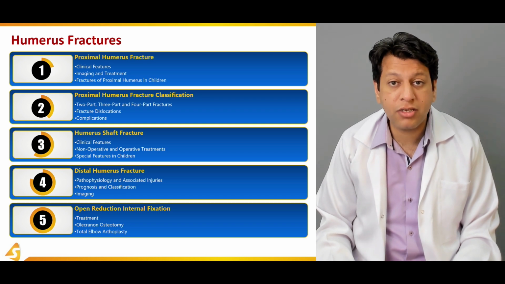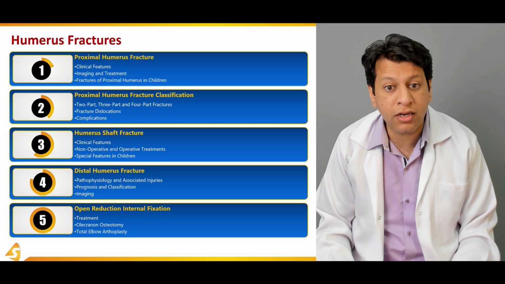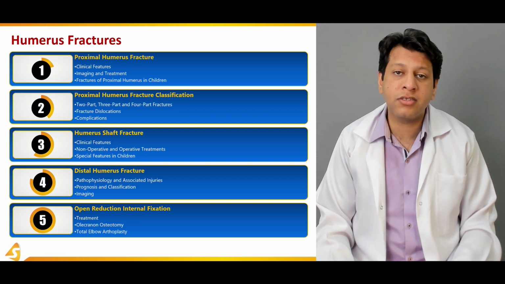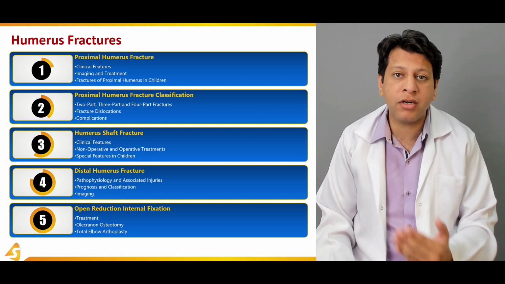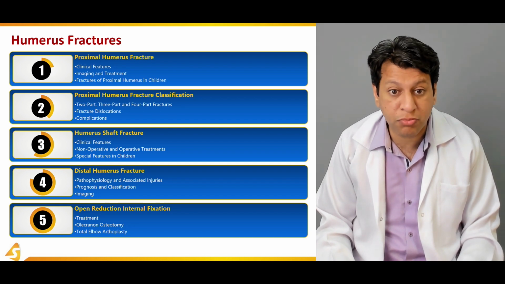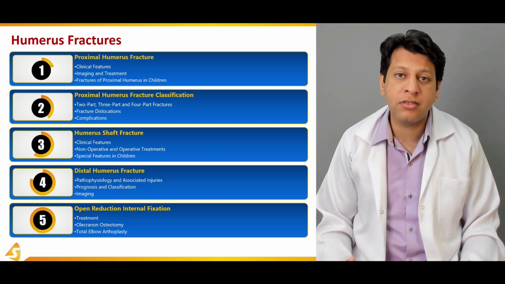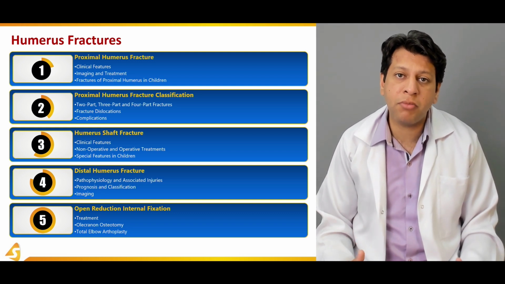In the next section, we will be discussing the proximal humerus fracture classification in the case of adults, which is different as it is a Neer classification involving parts of the bone, that is 2-part, 3-part and 4-part fractures, and their management. In the third section, as this bone has 3 parts, there is an epiphyseal and metaphyseal part which